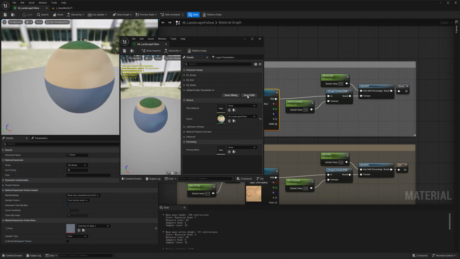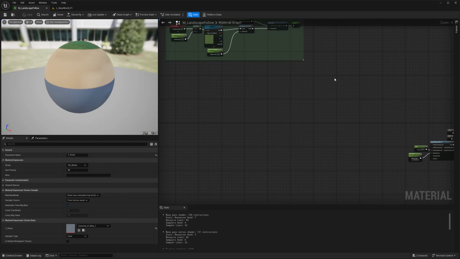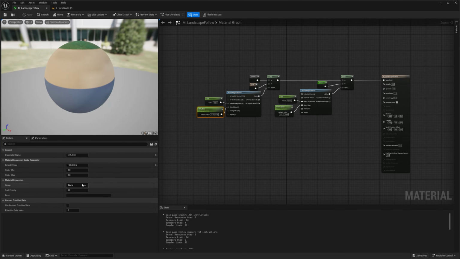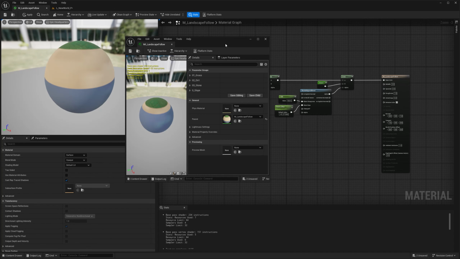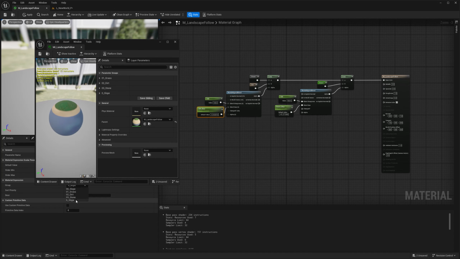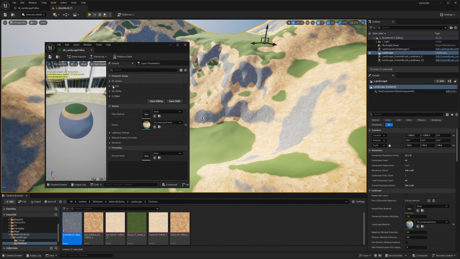And what I want to do before we proceed, I'm going to go back really quick to my material. And I'm going to group these two in the group that I'm going to call 0 underscore slope. And I can group them together. Save it. And just like that, you can see them here. Actually, I think I need to put a 0, 0, to be honest with you. Maybe I want that to show before grass, and that's the case. Yeah, I need to put 0, 0. The reason for that is because I had 0, 1.